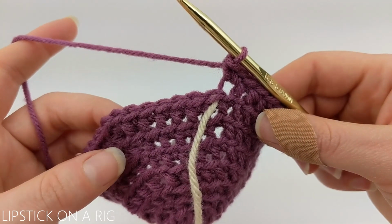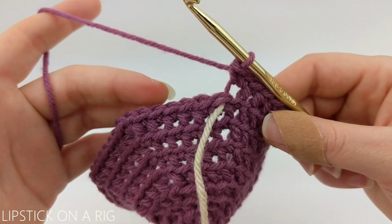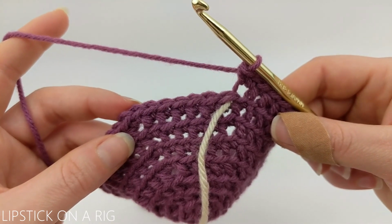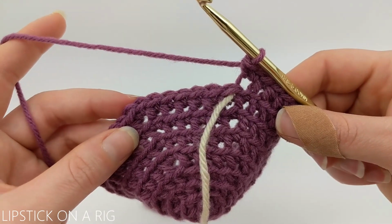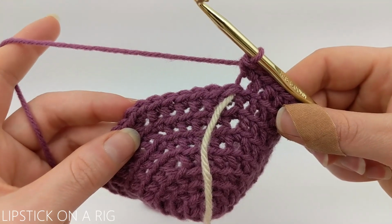And the pattern for our next row is to place 1 single crochet in the back loop only of our first 7 stitches, and then to place 2 single crochets in the back loop only of our 8th. And we're going to repeat that going around our row, and when we get done, we should have a total